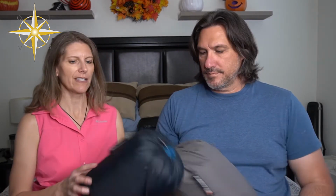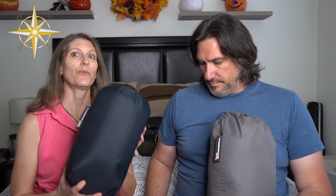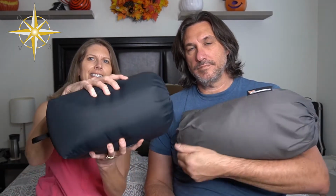So we just covered that we're sleeping on the Thermarest. So what's covering us to keep us warm at night? We went back and forth between, do we get a sleeping bag or do we get a quilt? And we decided on quilts. Again, part of the reason is to save weight, but also the size. Look at the size of this thing. I mean, it's insanely small for something that's going to keep me very, very warm. Mine is a 10-degree quilt. Mine is a 20-degree quilt because I have natural padding. Yep, yours is quite a bit bigger than mine, hence the reason for...